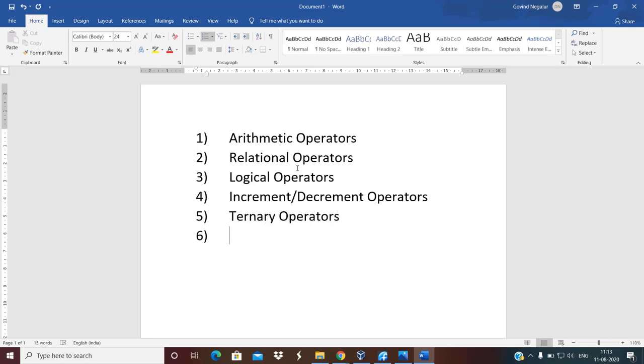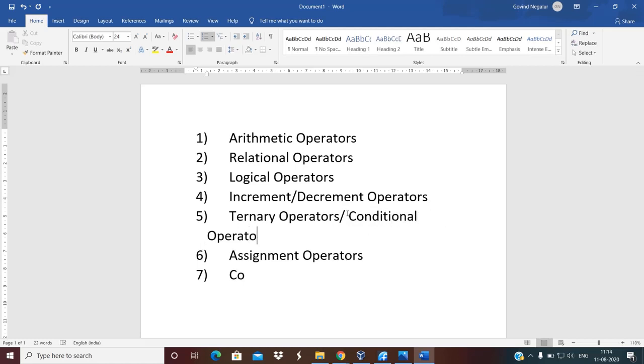I'll just refer to the official notes from the textbook itself so that I don't miss any of the things available here. We have assignment operators, right? The ternary operator is also called the conditional operator. In fact, the term conditional operator is given in the textbook.